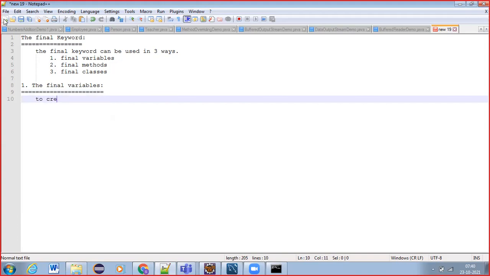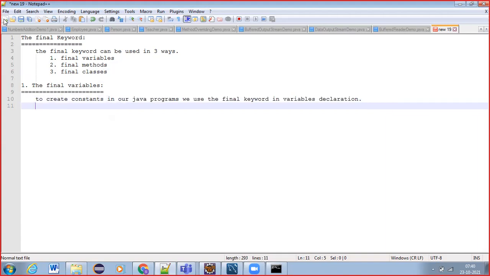To create constants in our Java programs, we use the final keyword in variable declaration.